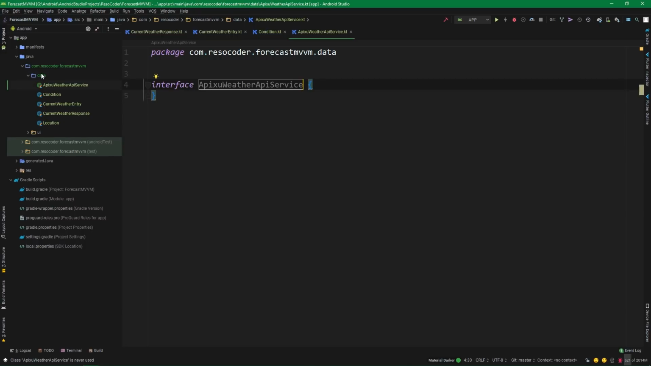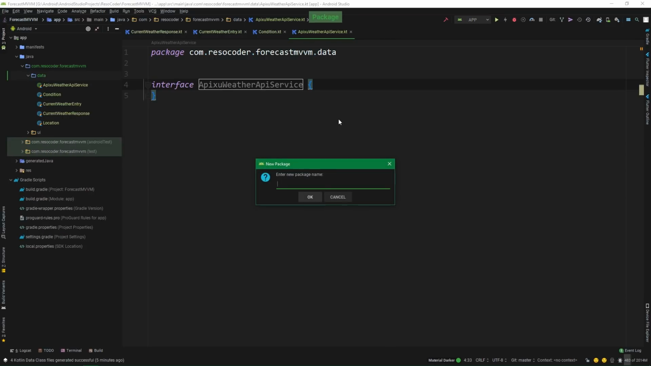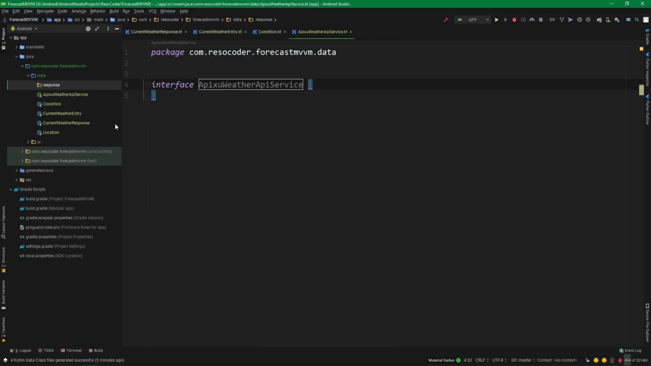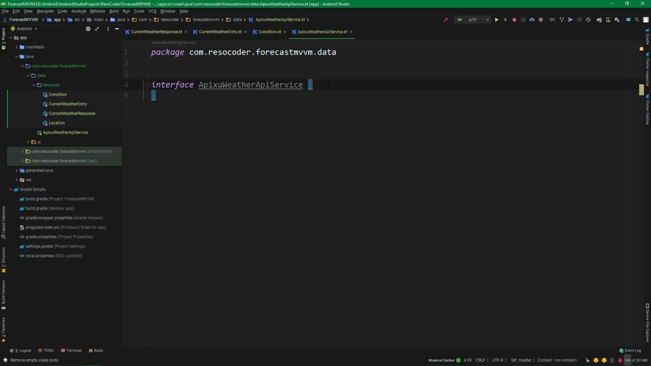Once we have it, we are going to also create a new package under data, and it will be response. And we are going to put all of our response classes, so everything basically except for the Apixu Weather API service, we are gonna pull it over to response package. And this interface, Apixu Weather API service, will be used by the Retrofit library to fetch the data from the